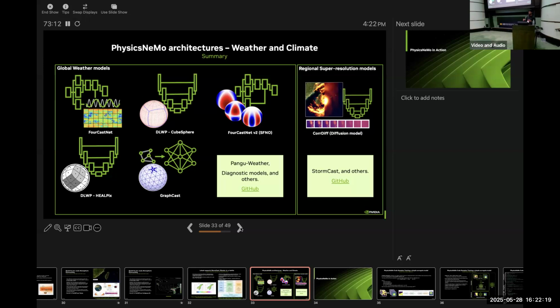Rather than just representing it as an image, you have this DLWP cube sphere, which instead of splitting the globe as an image, splits it as a cube. You have this HEALPix grid. You can represent the sphere as an icosphere. You can use spherical Fourier operators and so on. We have other models as well that are part of the GitHub, and we talked about the regional super resolution models.